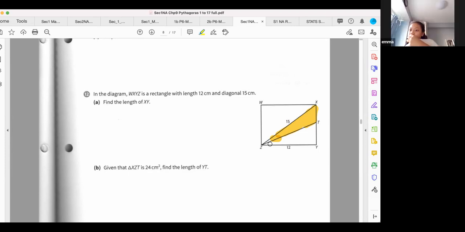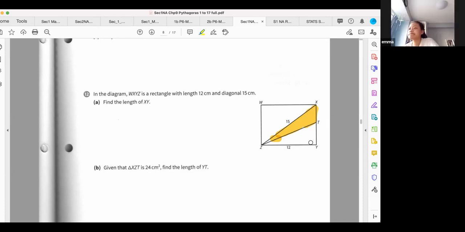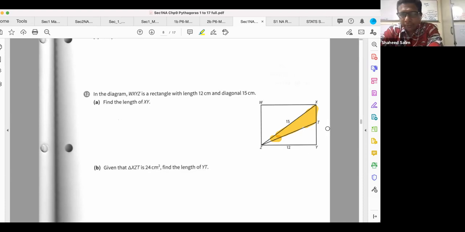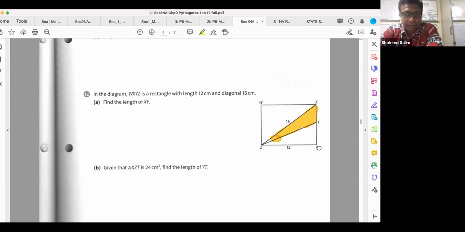I found the area of TZY. TZY, okay. So what is the area? 30. 30. How do you get that? How do you know it's 30? Do you know this side? The whole thing that you say is 9, right? So actually you want to find this part down here. If you know this part,